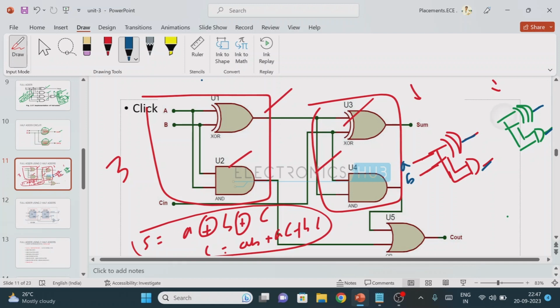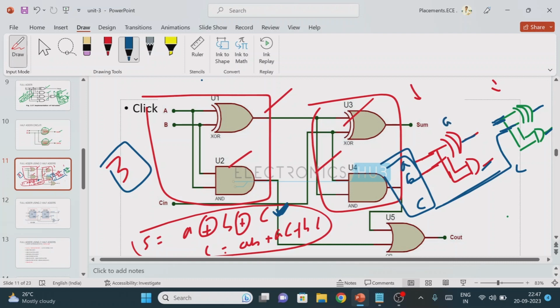Then the possibility is this: this is the input for the XOR logic gate. Either we can take from this terminal or this terminal. You can take from any one. The reason is that we require three inputs for the full adder. So from here I am taking one more input. Now we got the three inputs for the full adder. Now what is the expression we need to get? Sum equals A XOR of B XOR of C. So what is this wire value? C. Now if you connect this AB, what is the output value here? A XOR of B.